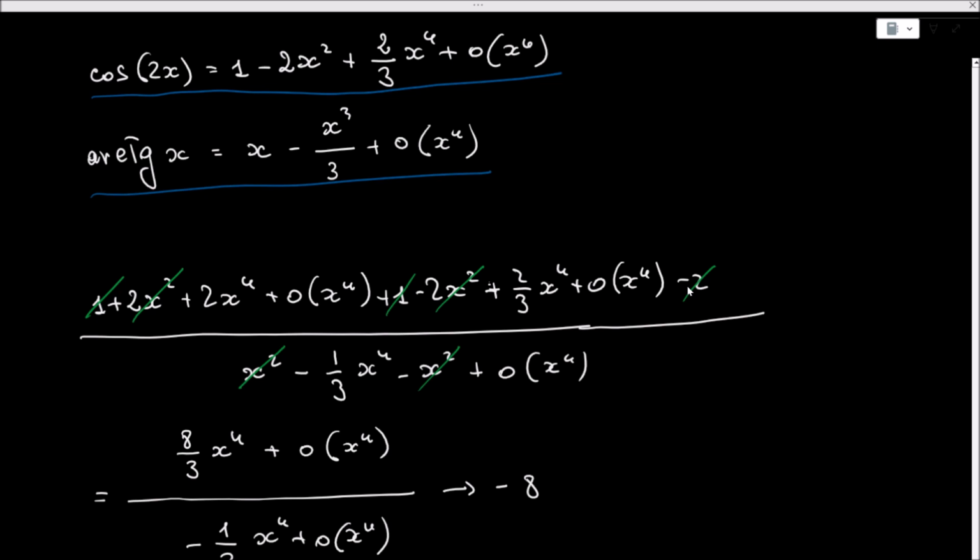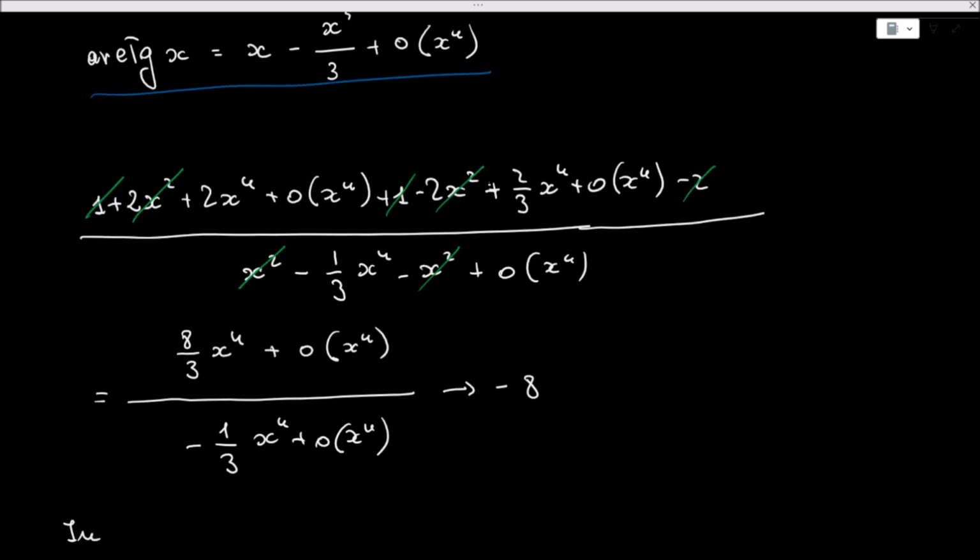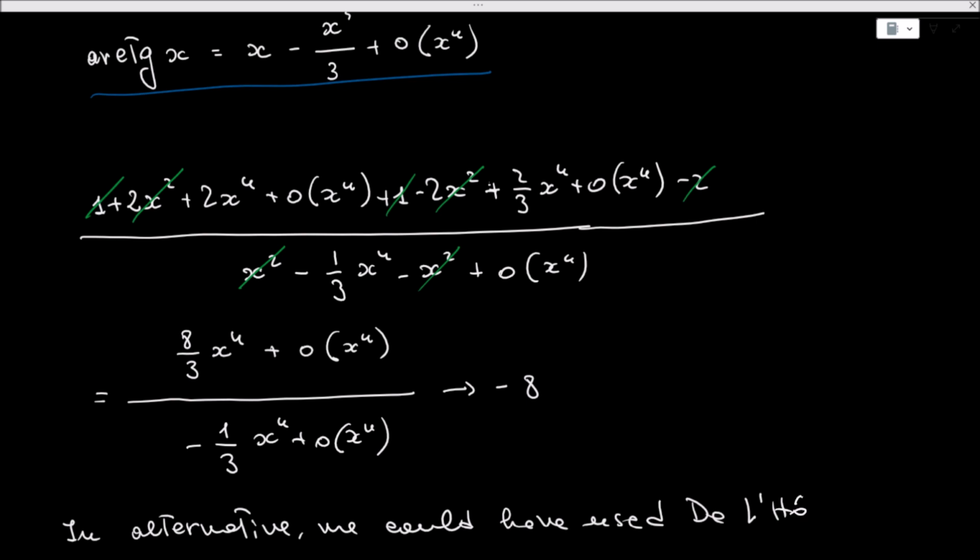In alternative, it is worth mentioning, we could have used L'Hopital 4 times. Why 4 times? Because we know at this point that the limit needs at